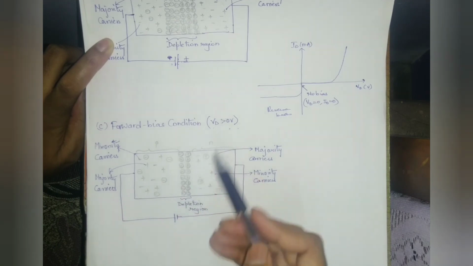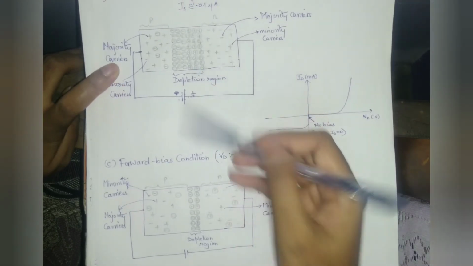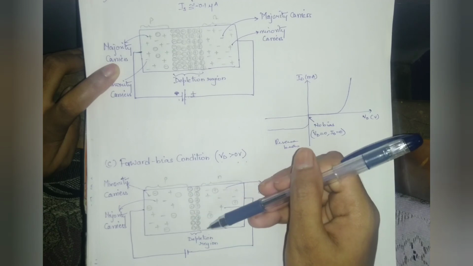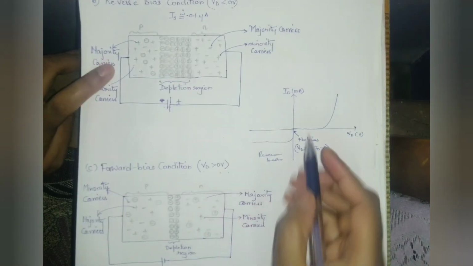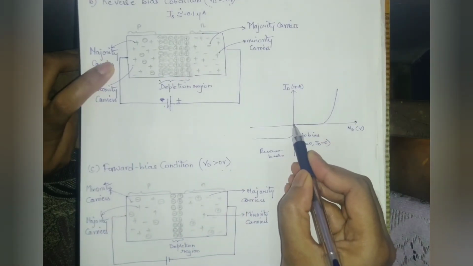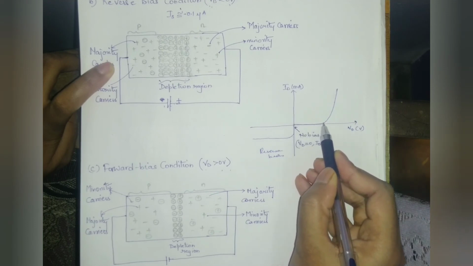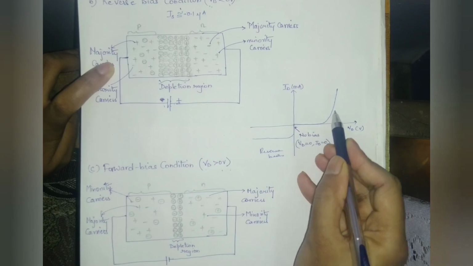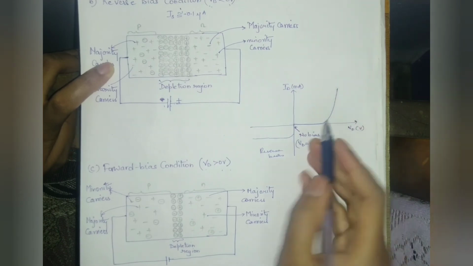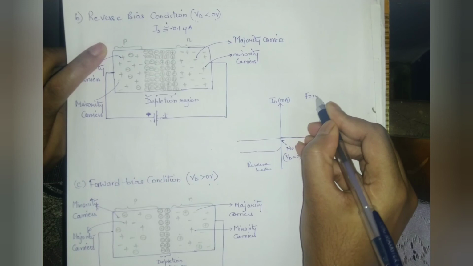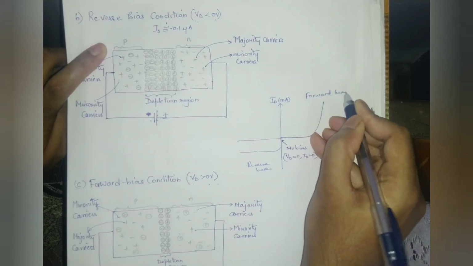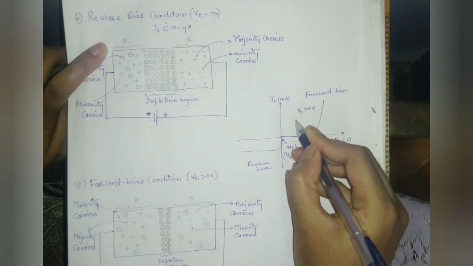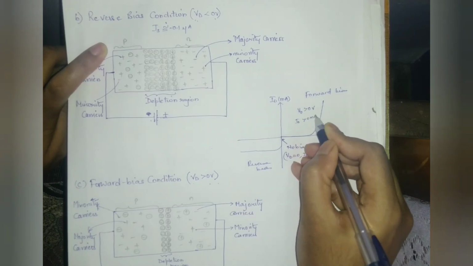The depletion region, as you can see, has become smaller compared to the reverse bias, because here there is a conduction of current, and your ID will be present. Now here you can see the current is starting at 0. Suddenly, after the barrier is lost, the current increases sharply. So this is the forward bias condition in a diode. In forward bias, VD will be greater than 0 volts, and ID will be greater than 0 milliamperes.